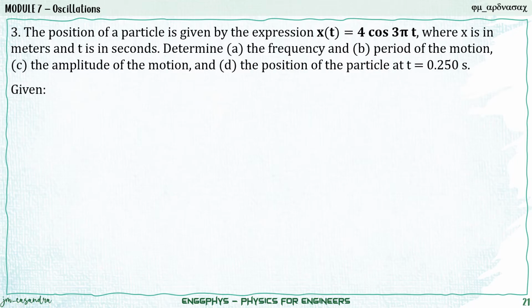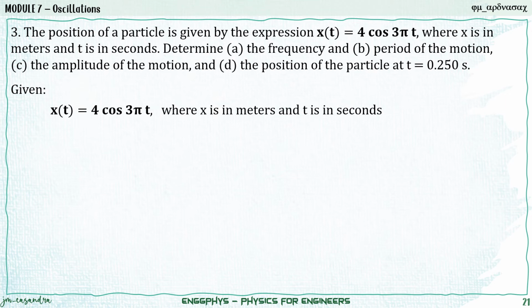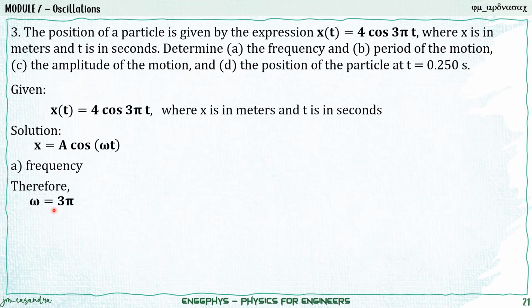So for our solution, or for our given, we are only given the equation x of t is equal to 4 cosine of 3 pi times t. So basically, our solution will lie on this equation. So for letter A, for the frequency, we're given our general equation, x is equal to A cosine of omega times t. So the frequency can be taken from the value of omega, which is now 3 pi. And we know that omega is equal to 2 pi f. So substituting, 2 pi f equal to 3 pi. So pi cancels out. So we'll have our frequency as equal now to 3 divided by 2, or that's 1.5